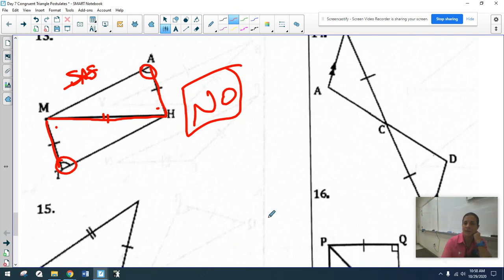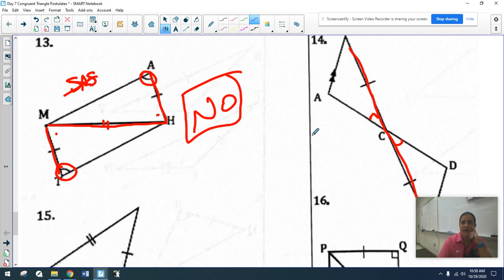so it doesn't work. Okay, this one over here, we only have a set of sides. This one and this one. Now it does show me that my lines are parallel right there. So I've got parallel lines. I've also got an invisible piece of info. I've got those right there. So those are my